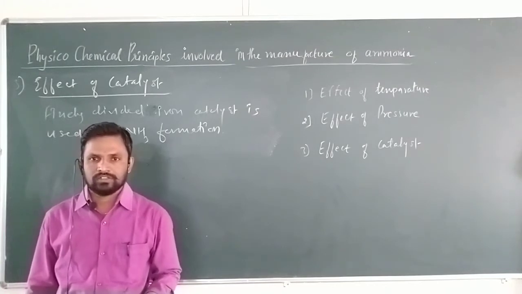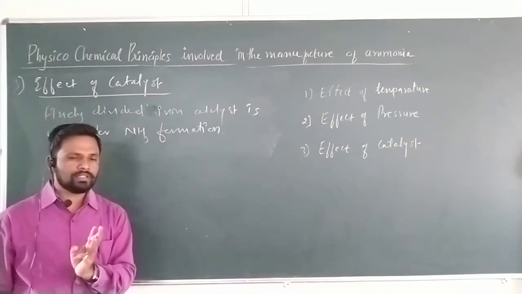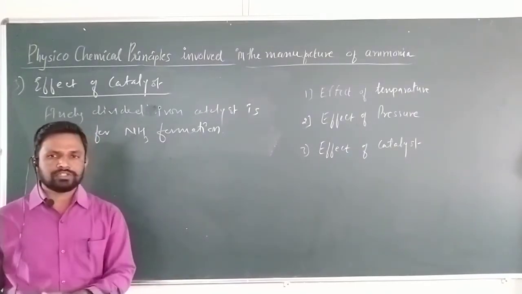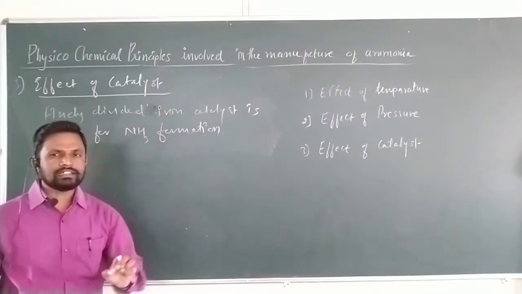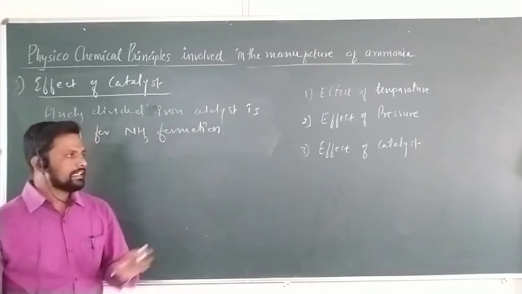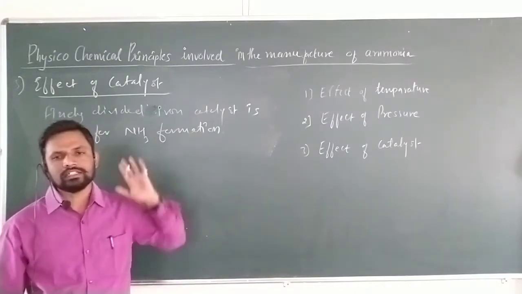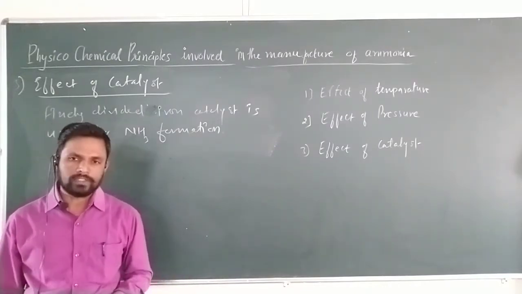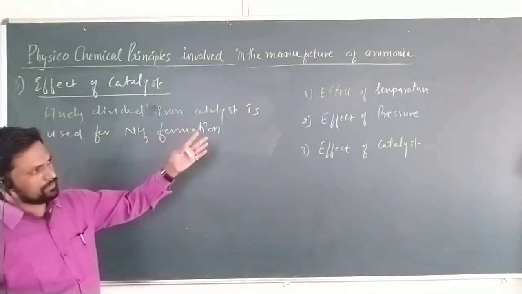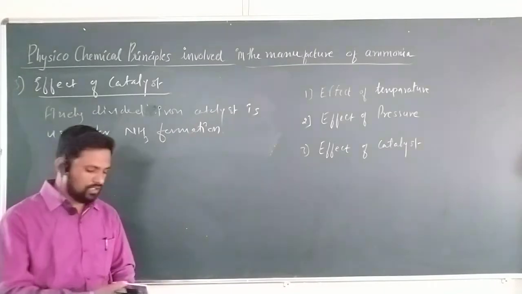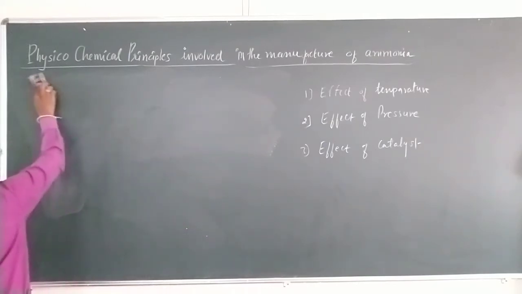Okay. So, in this reaction, in the manufacture of ammonia, two things we have to remember. One is that iron catalyst is used, and second, the iron catalyst we use should be finely divided, that is powder, which is more effective in the manufacture of ammonia. Okay. So, these are the three very important physicochemical properties: effect of temperature, effect of pressure, effect of catalyst. With this, we can finally say what the favorable conditions are.